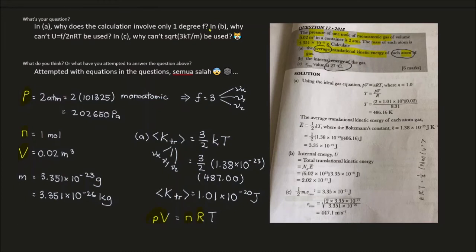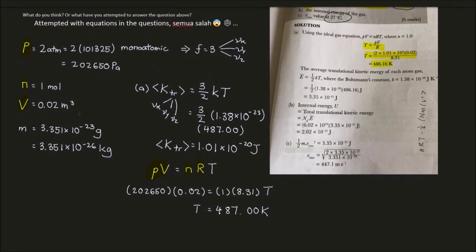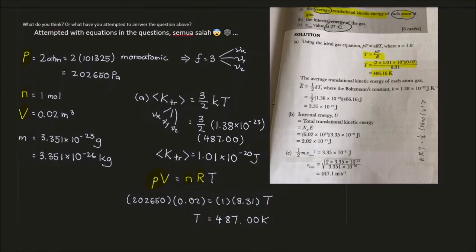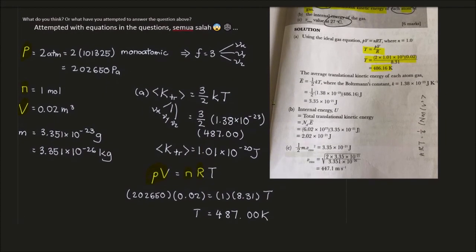Okay, if you look at the working here, they follow the first step exactly as ours. So they obtain the same temperature as ours. They use 1.01, but I use 1.101325. That's why there's a little bit of difference. Okay, so the same step for the first step, but after that, when they calculate average translational kinetic energy,